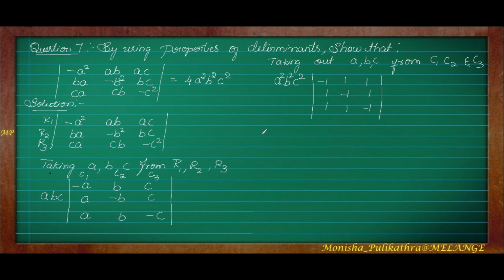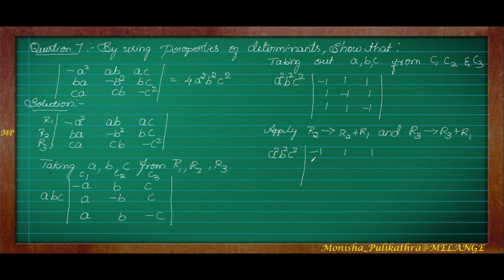So next what I will do is apply R2 is equal to R2 plus R1, and I will be doing both operations simultaneously. So R3 is equal to R3 plus R1. Okay, R2 is equal to R2 plus R1 and R3 is also equal to R3 plus R1. So what will it become? A square, B square, C square. The first row will be as it is because we have just taken it for the operation itself. We are not interchanging it.